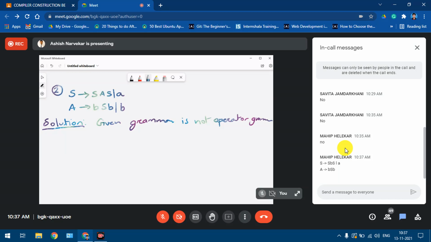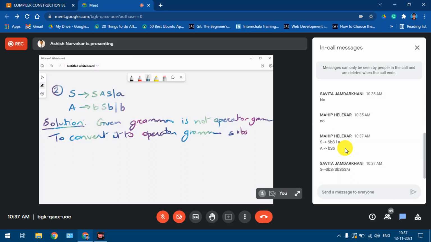So to convert it to operator grammar, substitute A in S, or substitute production 2 in production 1.